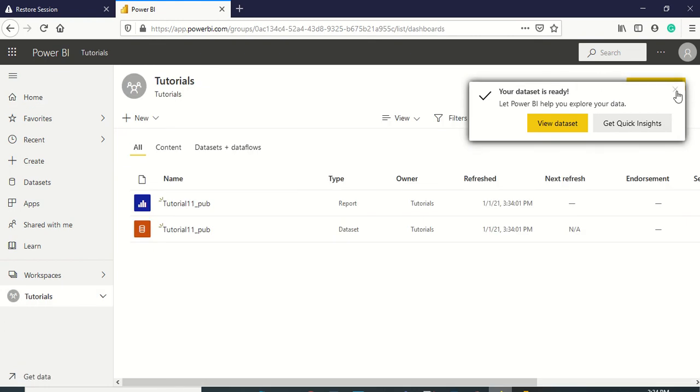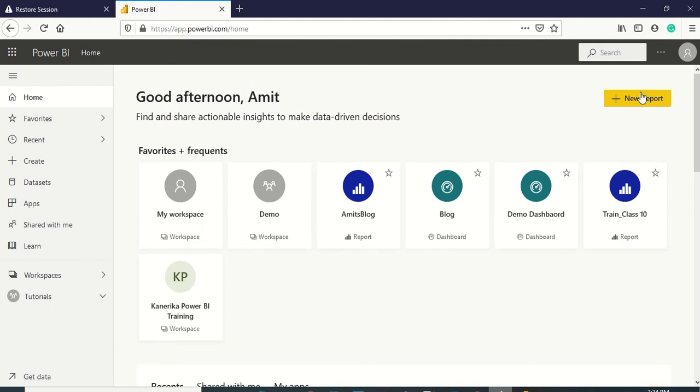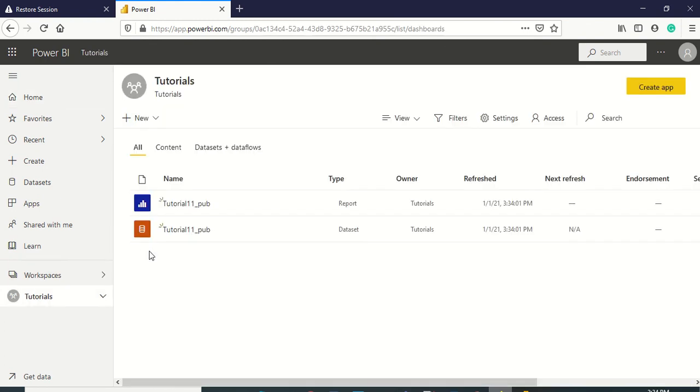Now, if you are on the latest version of Power BI, you will see some options on the home page, like creation of a new report, which is also available now in Power BI service. Previously, this option was not there. So we can check later whether we can create a report using this particular Power BI dataset which we have published. Now we can open this report here, the published report,